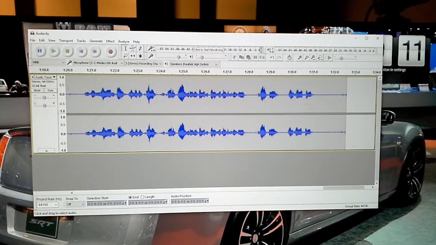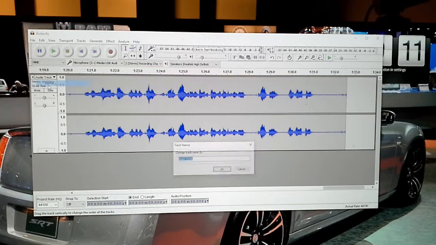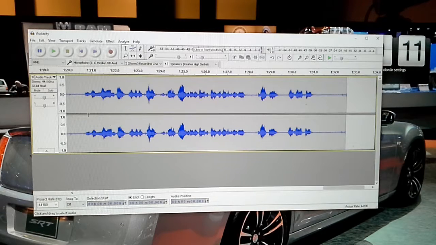The next thing you want to do, and you can do this anytime during this process, is click on this here, click name, and type in the sermon. Once you have the sermon typed in, hit OK. And once you turn the volume down at the end of the sermon, go up here